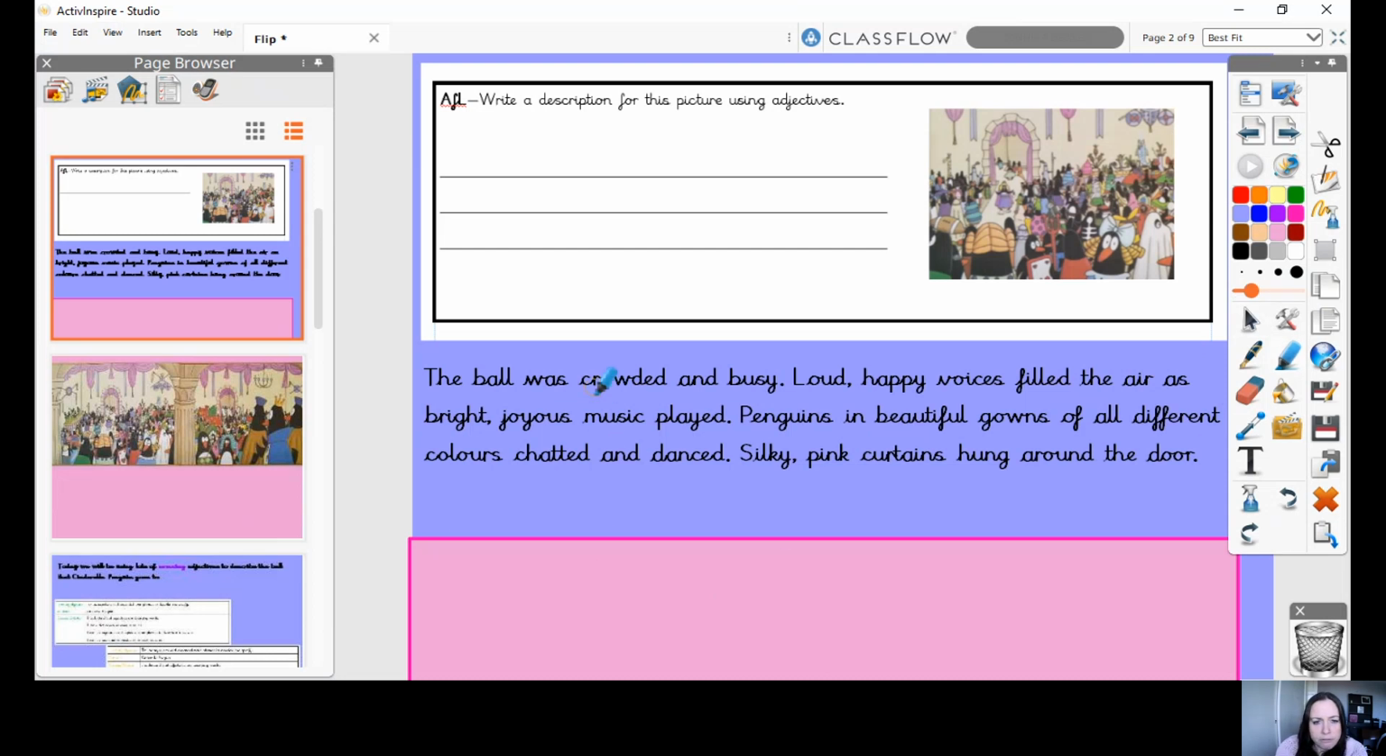So the ball was crowded and busy. That's what it was like. Loud, happy voices. So we're describing what the voices were like. They were loud and they were happy. So we've got a comma between them. Filled the air as bright, joyous music played. There we go, describing the music. And we've got a comma. Penguins in beautiful gowns of all different colours chatted and danced. Silky pink curtains hung around the door, and it's telling us where they were as well,